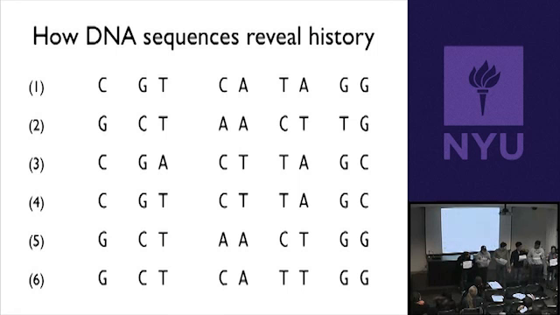Next 2. 2 and 5. Why 2 and 5? Right, so only that second to last position is either a T or a G. Everything else is the same. So 2 and 5 have to go next to each other and hold hands. So you guys move over. Okay, who's next?